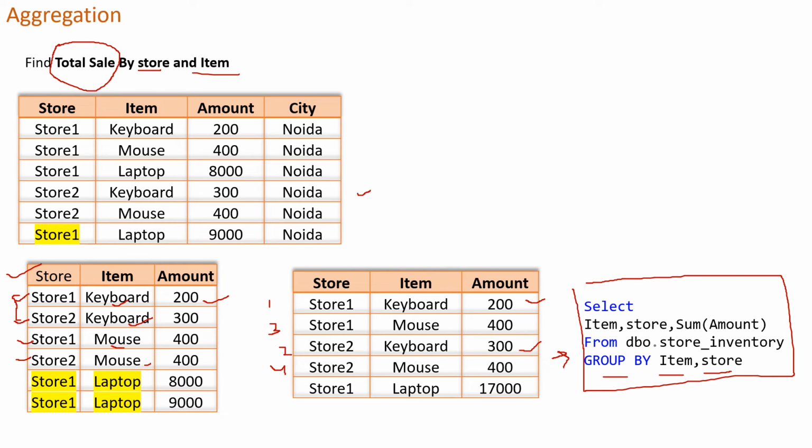Let's see another item, laptop. The similar item is sold on store 1 and the similar item is sold on store 1. In this case you can see the value of store is the same and the item is the same. So these values can be grouped and form a single group. See, there, a group 5 is created and these values are grouped into a single value, but we are